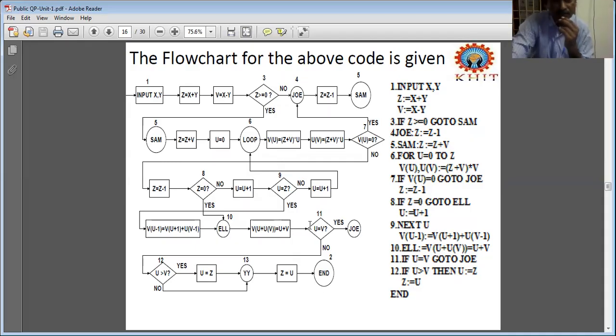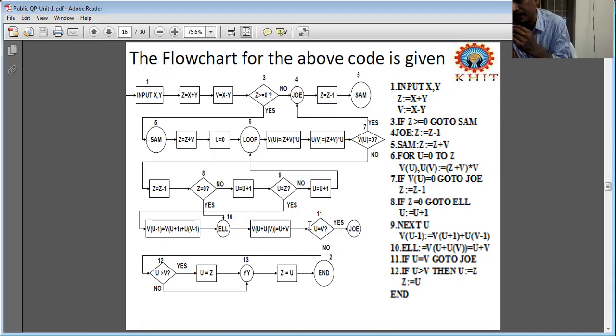Now for this flowchart, what you have to do is write about all the different processes: process one, process two, and so on. For example, take the first process, process one. Process means